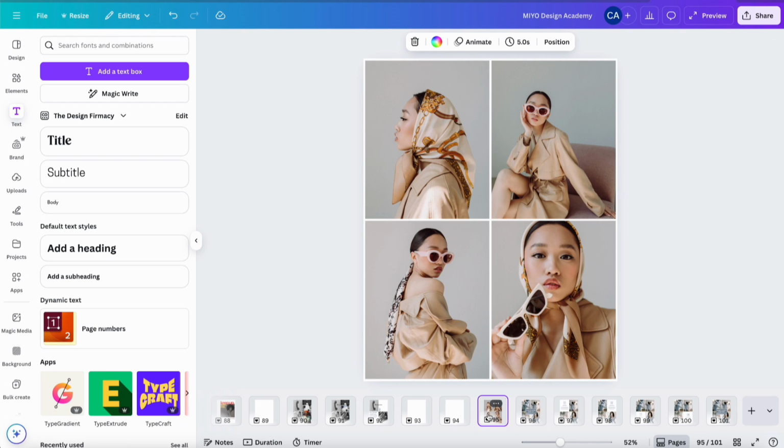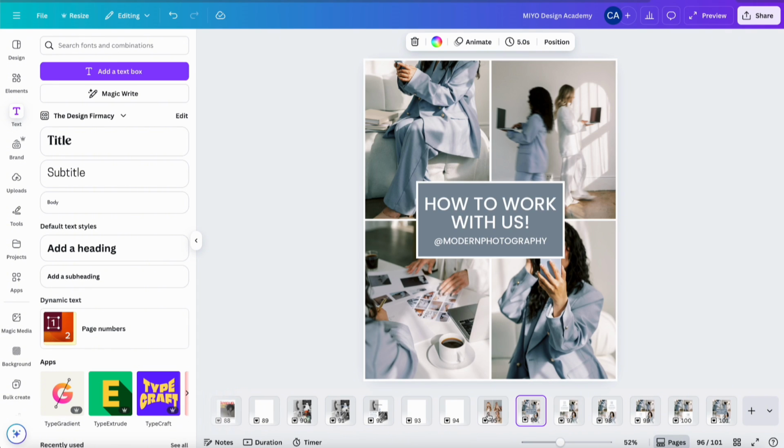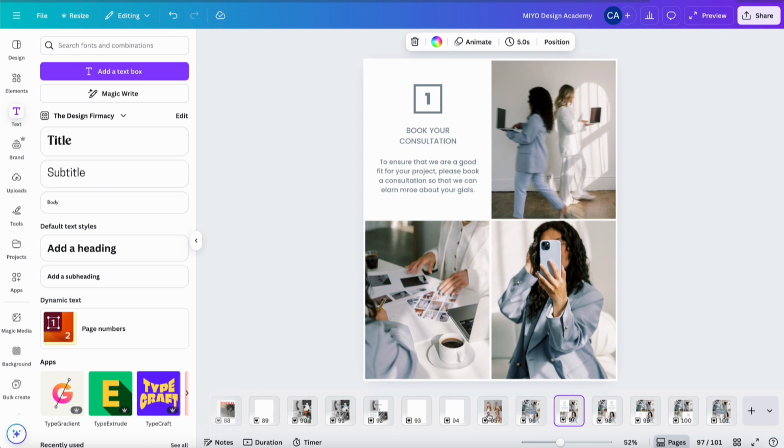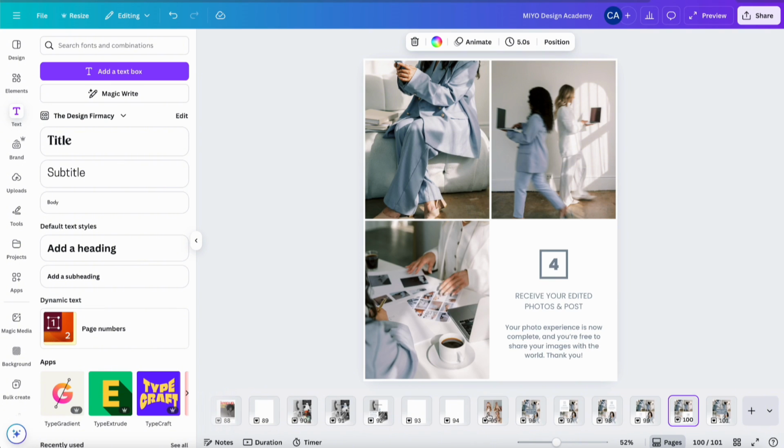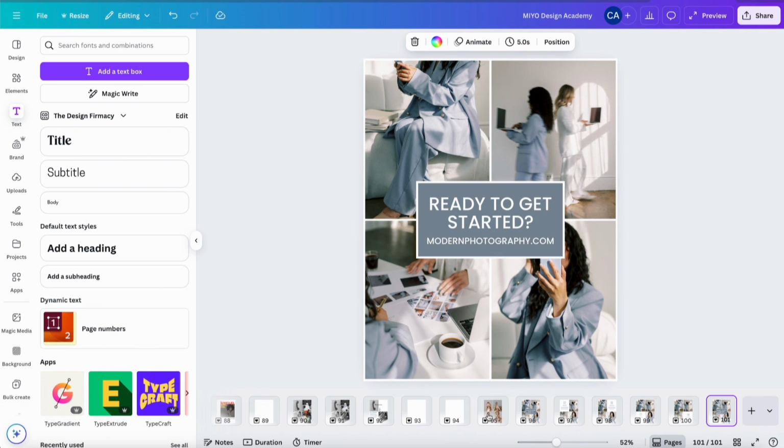Just a 4 photo grid, and then we turned it into the cover of this carousel, how to work with us. Step 1, step 2, step 3, step 4, and then are you ready to get started? Visit our website. And so that is a quick and easy way to create an interactive carousel